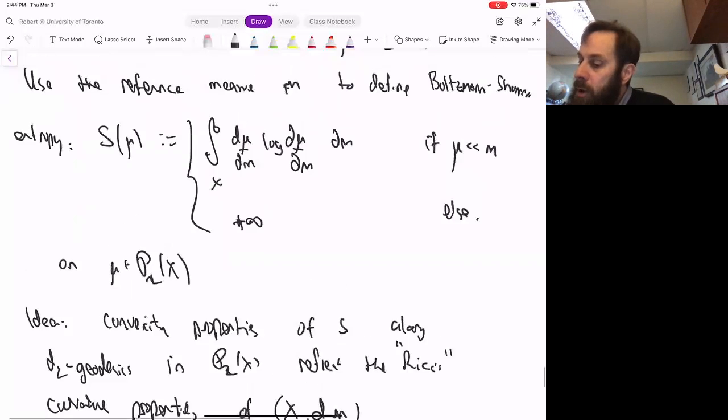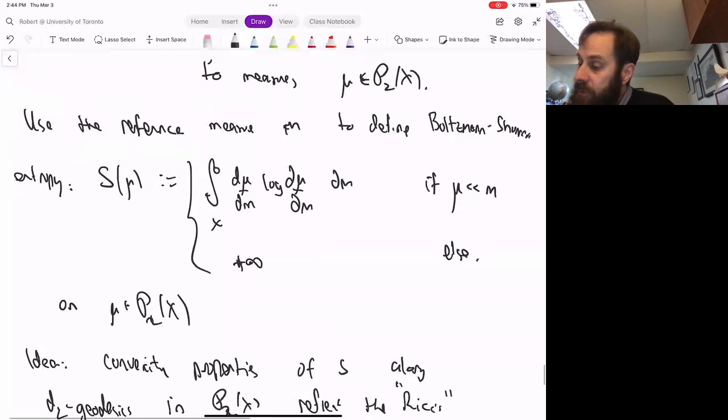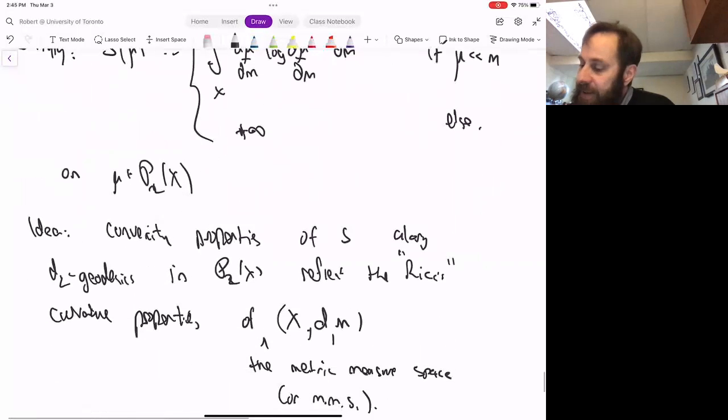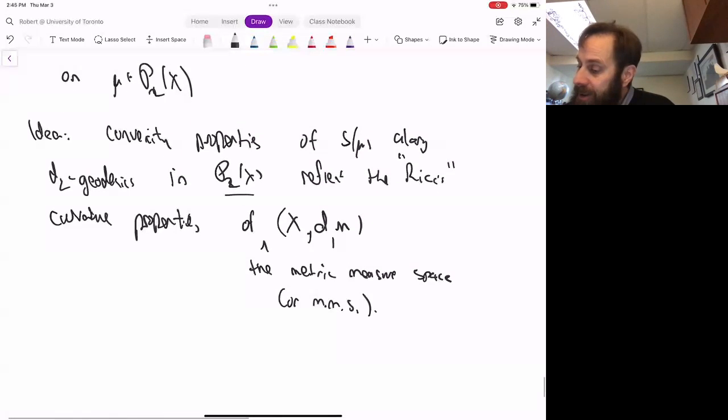So the role of the distance is, it defines geodesics, and the role of optimal transport is to lift the notion of geodesics from points to measures, to probability measures. And the reference measure M defines the entropy. And then it's the convexity properties of the entropy along the D2 geodesics, which reflect the Ricci curvature. So for example,